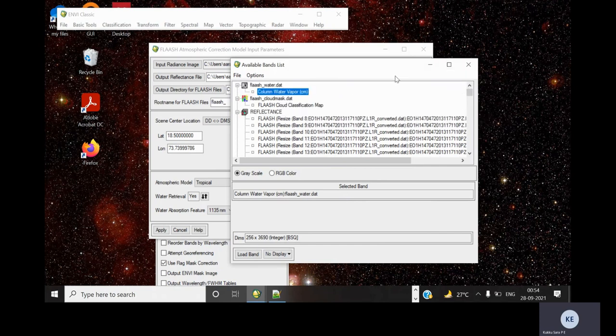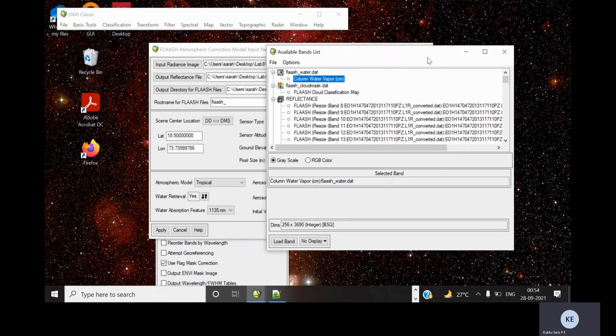Now next, in order to see the difference between our surface reflectance dataset and the original dataset, which has the bad bands or strip lines, we'll see the difference in the spectral reflectance curve of these images. First we will plot the spectral reflectance curve of the surface reflectance image.